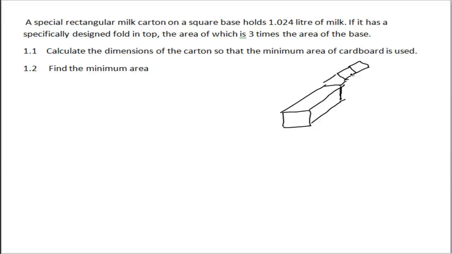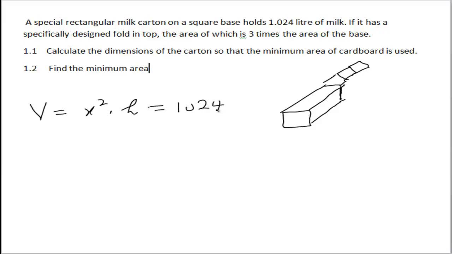Okay, now when you are given the capacity, then it becomes volume. So volume is equal to, because it's got a square base, we let each side be x, then you've got x squared times h is equal to, converting that to cubic centimeters,